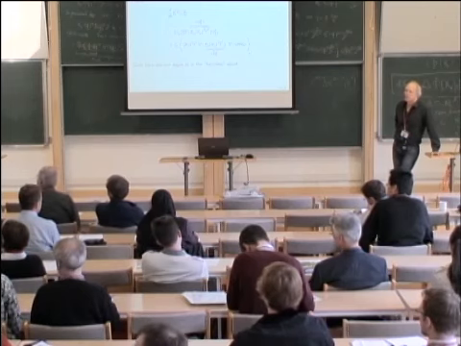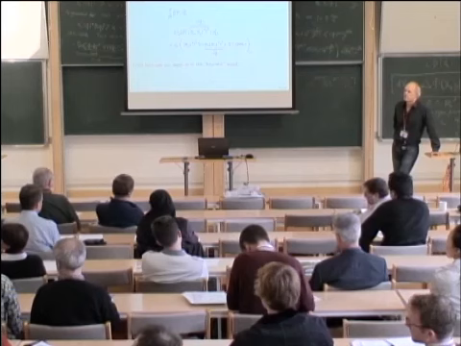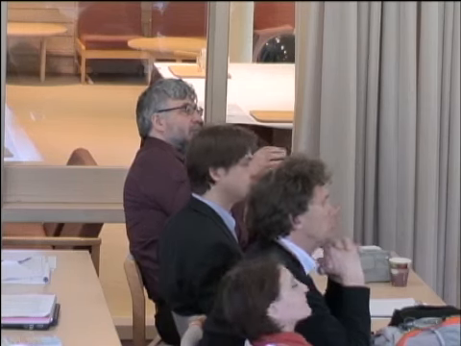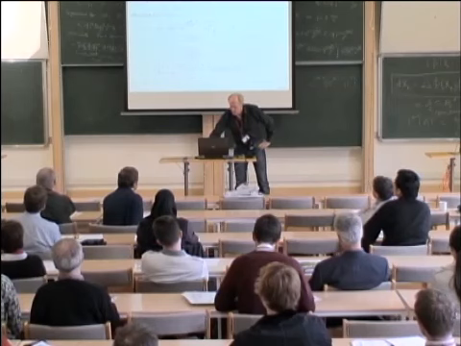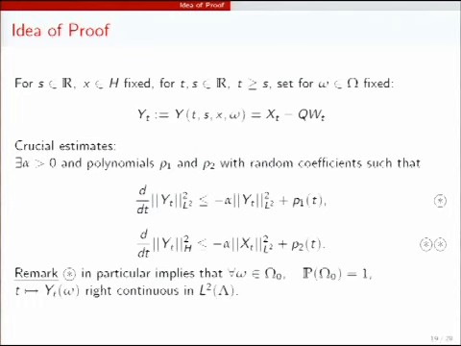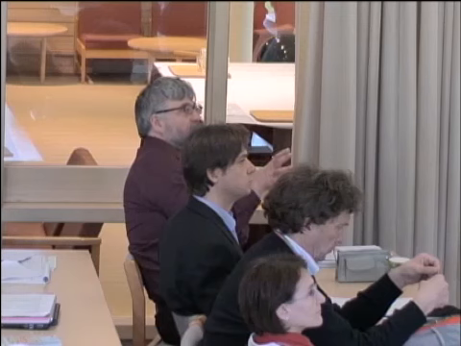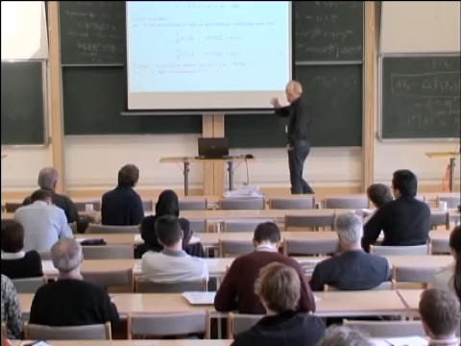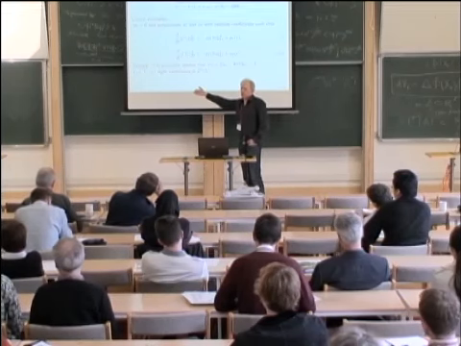Other question? You worked very hard to get this exponential estimate in the space L2. There you also mentioned an estimate in the space H. Are they equally hard? No, this is much easier. These were the two equations, right? I only gave you the proof of the hard one, the first one. The second is easier. I'm asking because there is an alternative way to prove existence of the attractor without really using the compactness of the embedding which you use. The compactness of the embedding is not so important. This is just to have this very nice explicit random attractor given by this ball.